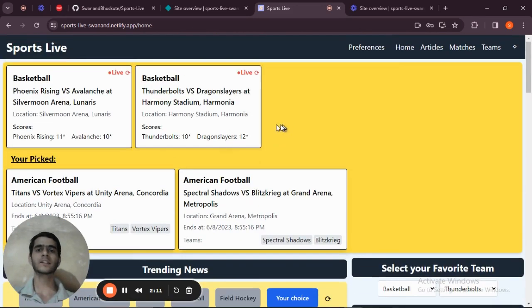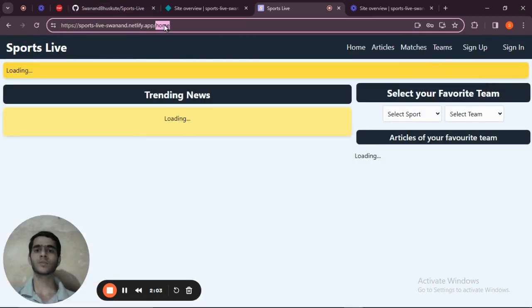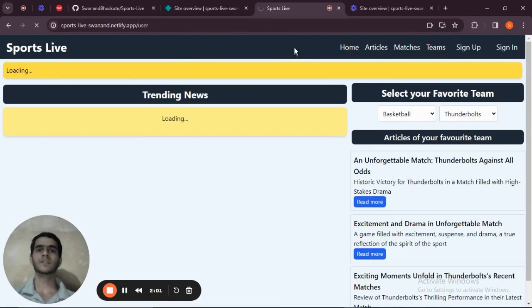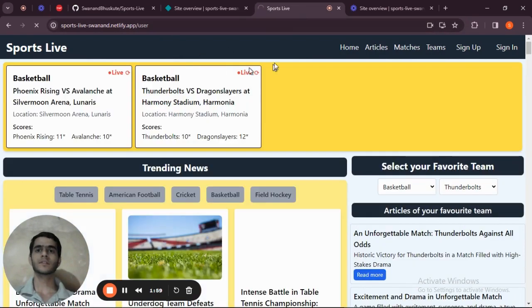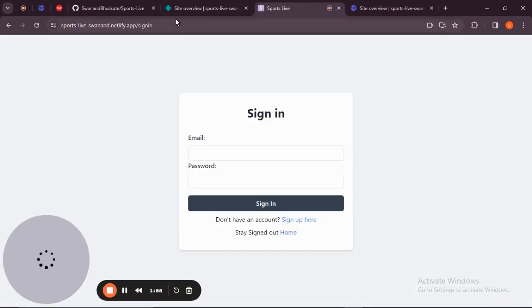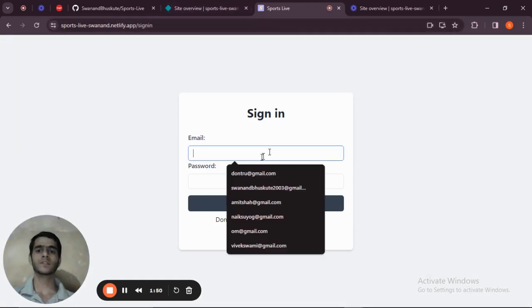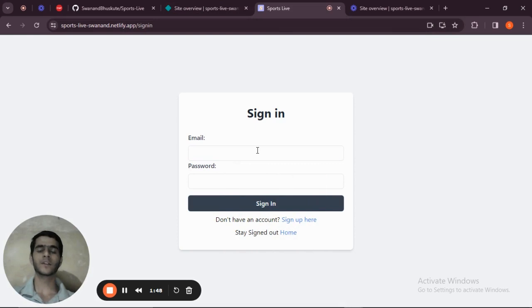And other than that, talking about the production readiness of the app, I have implemented error boundary, then protected route. Like if we log out and again try to go to user, then it will redirect me to the sign in, because as I am not signed in, I cannot go to slash user. And then again, I have implemented error boundary, suspense loading, and also the most important is the PWA,